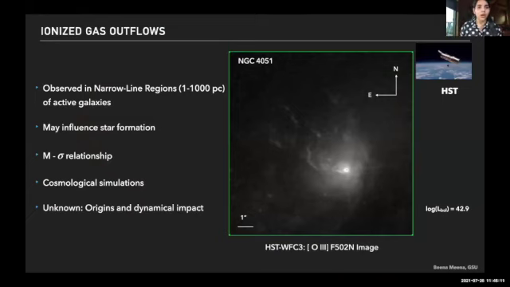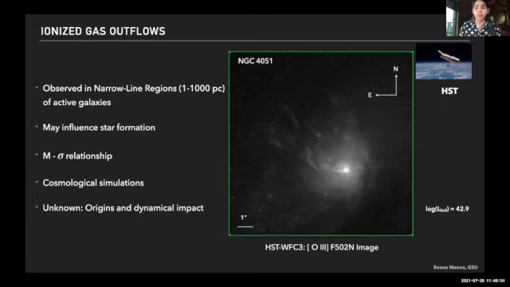These outflows may regulate the accretion rate of the supermassive black hole and at the same time influence the star formation in the nuclear regions of active galaxies by evacuating or redistributing the cold molecular gas. This controlled feeding and feedback mechanism due to AGN-driven outflows can explain the observed M-sigma relationship that Justin had just